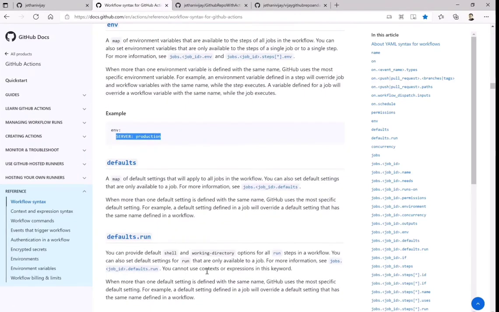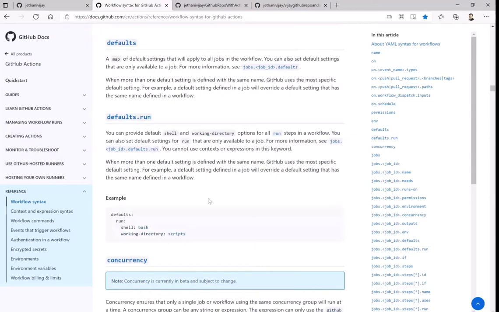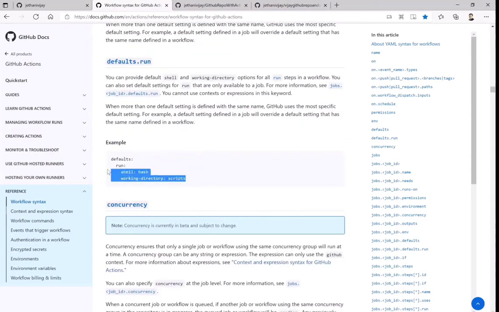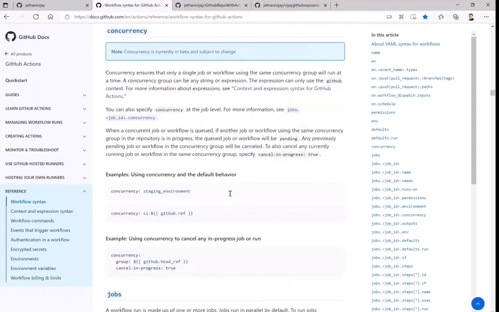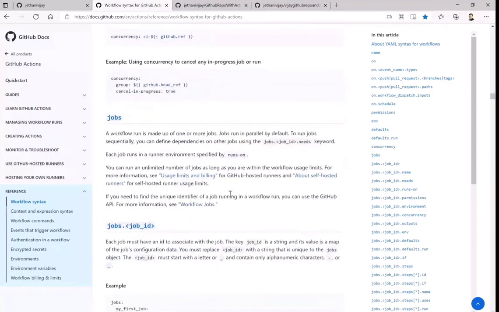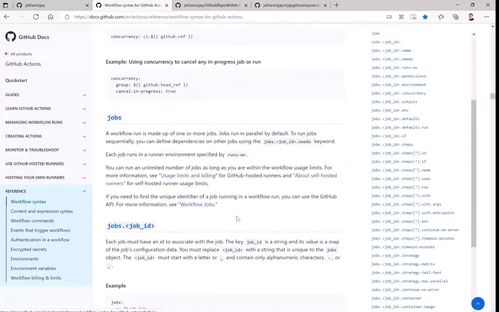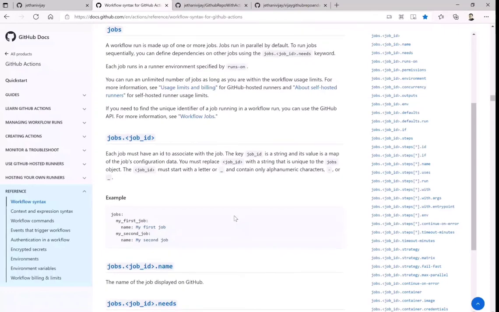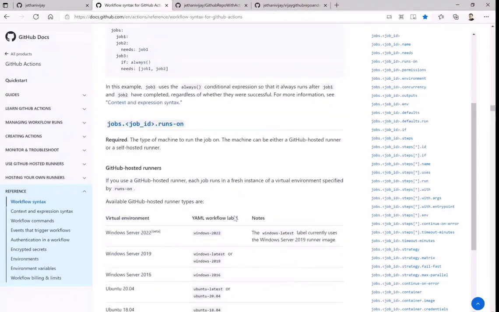Okay, and if you want to keep that as a constant element or parameters for that particular workflow, then you can also mention under defaults. Okay, so that will be something similar to this. On specific, you want the shell to be and working directory to be named so and so. So that is how you create these particular workflows. Now as this is a very big file, I won't be able to do end to end, but at least I would show you how the structure will look like.